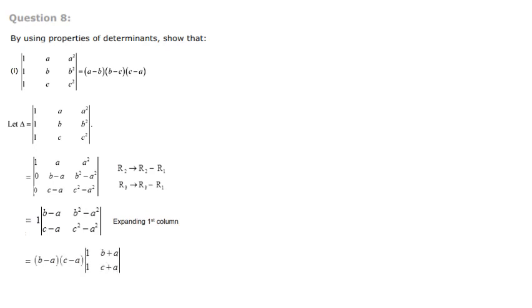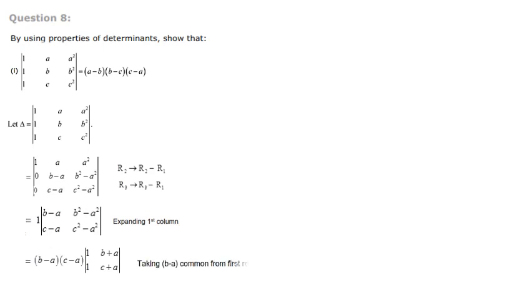Then from here, b minus a, this a square minus b square formula if we apply, here also b minus a into b plus a. So in the first row b minus a is common, I have taken it outside. Next row c minus a is common, here c minus a, applying the a square minus b square form, c minus a into c plus a. From that, c minus a if I take outside, together b minus a, c minus a we will get as common out. Then the balance is here 1 1, here b square minus a square, that is b minus a out means b plus a is the balance. Here c square minus a square, c minus a out means c plus a is inside.